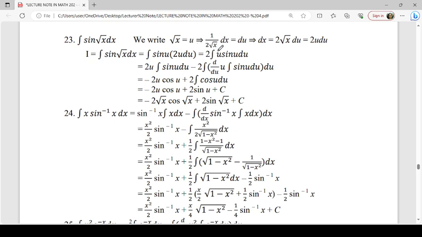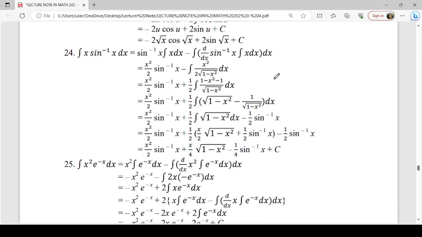Next is u, 1 by 2 root x. So du is 1 by 2 root x dx. Then sine root over x dx becomes sine u. This is 2u du, u sine u du. Again by method of the product formula, f x into g x formula,